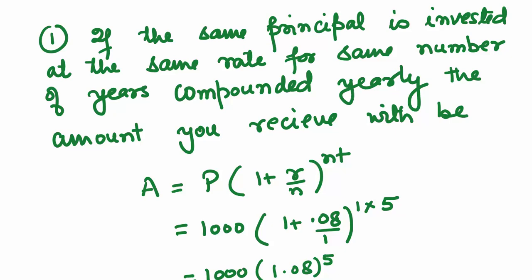So let's change the frequency of interest and see what amount we get. We'll just compare and see which gives us the maximum amount. If the same principal is invested at the same rate for the same number of years, but now it's compounded yearly, then the amount you receive will be using the formula A = P(1 + R/N)^(NT). When we substitute P is 1000, R is 8. Now, since it is yearly, N is 1 and time of course is 5,